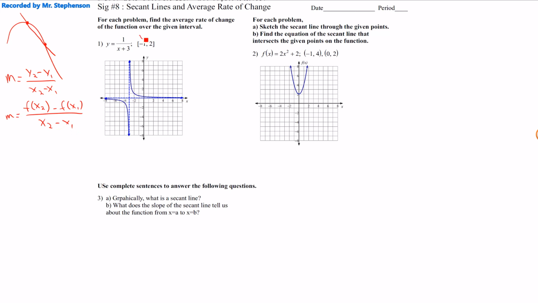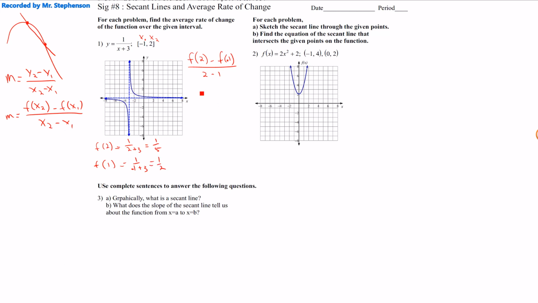So what we're given here is an interval. This is x1 and this is x2. So really what I need to find is f of 2 minus f of negative 1 over 2 minus negative 1. To find f of 2, I'm just going to plug that into my equation. Let's do this up over here maybe. F of 2 is 1 over 2 plus 3, which is 1/5. And f of negative 1, sorry, is going to be 1 over negative 1 plus 3, which is going to be